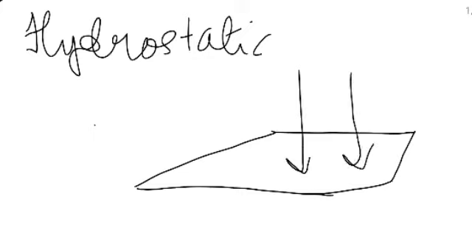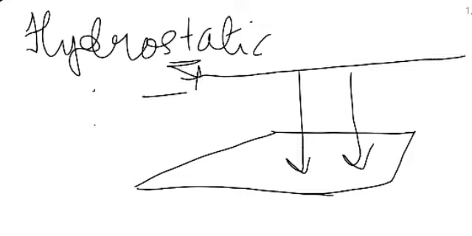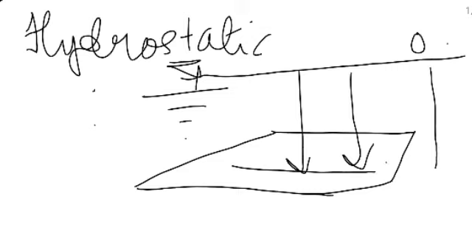So it is equal to the weight of the water held by the surface. That is, the pressure will be what? If we are considering atmospheric pressure as 0, what do we have? Suppose this is the water level. We indicate water level like this. So here we have atmospheric pressure taken to be 0. So at this depth, the weight of the water held is what?